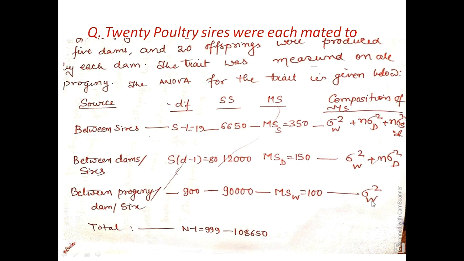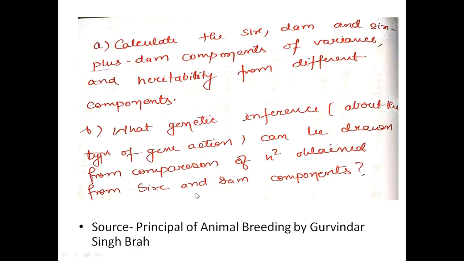So unlike half sib correlation, in full sib correlation method we have 3 equations with 3 variables. कहने का मतलब इसमें भी उसी तरह से हम लोग सॉल्व करेंगे, इसको इससे इक्वेट करेंगे, इसको इससे, इसको इससे, 3 इक्वेशंस. We are going to equate this with this, this with this and this with this. So we have finally three equations with three variables, sigma square W, sigma square D, and sigma square S. The difference is that in case of half sib we had two equations and two variables, and here we have three equations, three variables because of one increased parameter in case of full sib.